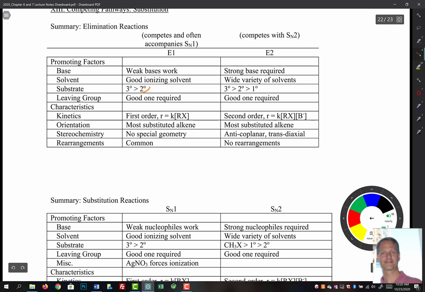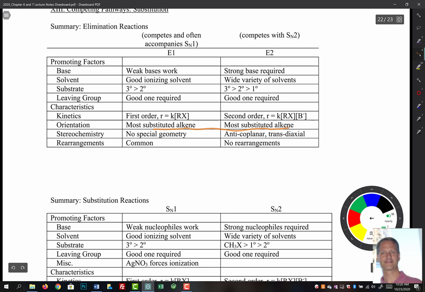So why no primary for E1? Remember, it goes through a carbocation, so those are not stable. Leaving group, well, they both require a good leaving group. The whole chapter requires a good leaving group. And then a couple things about kinetics, so first order versus second order, right, for your E2. Orientation, most substituted alkene